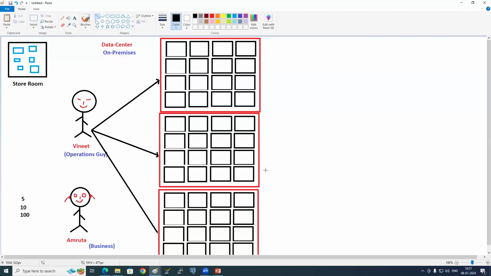And that too, if it is one data center, you can handle it. Now how many data centers? Three data centers now. And the salary is not increased. So now, guys, as he is already frustrated, in this frustrating situation, again Amruta called and said, hey, Vinit,